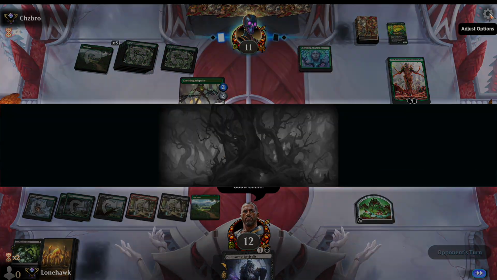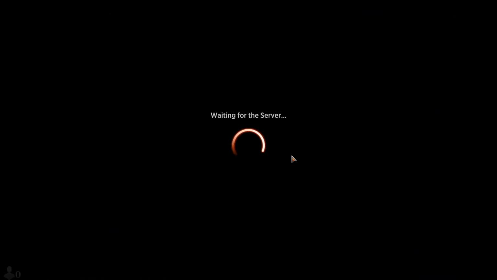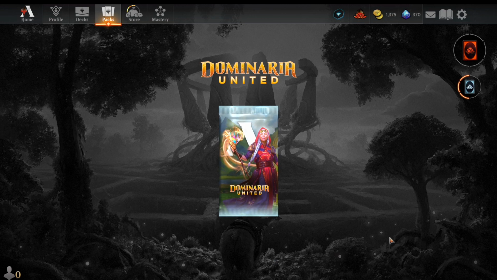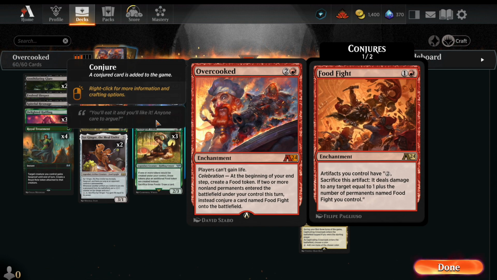Good game. Yeah, that one wasn't going to get better. Seeing a need for enchantment destruction. What pack did I get? Oh, I got that one. Okay. I should probably play with this build and see if I can get it a little bit smoother. Getting Overcooked going really does give you just a ton of removal, which can be really fun. But it does take some time to spool up, so